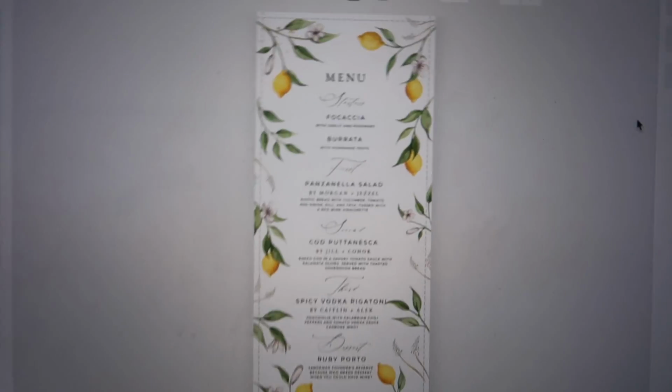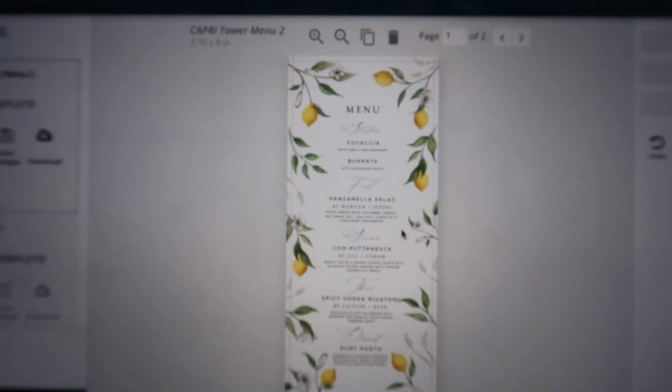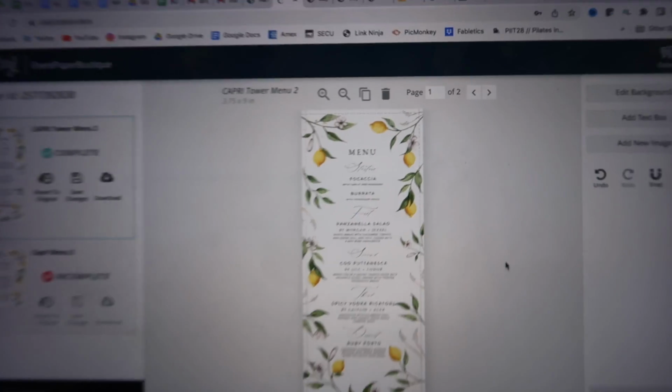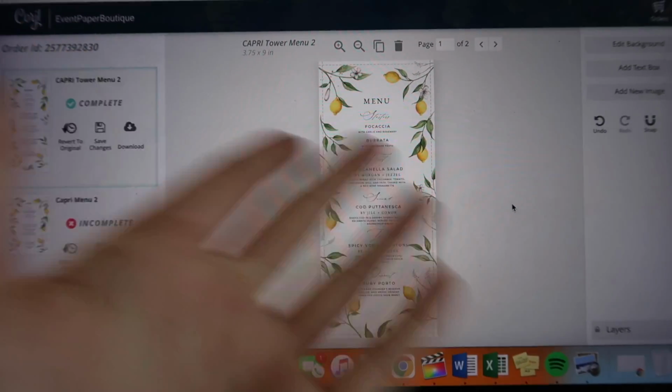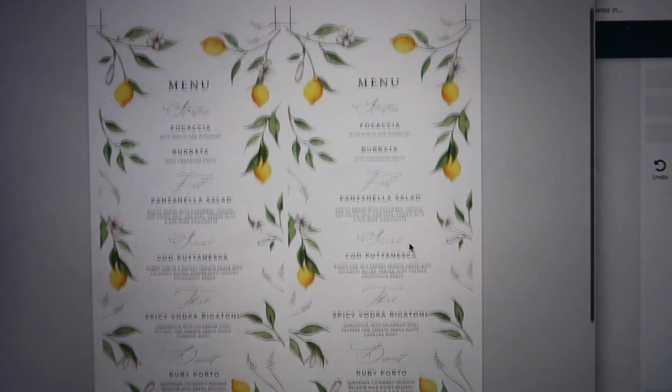All right, it is the day before and I've had everyone send me their little description of what they're gonna be cooking, and I made a menu. I always get my menu templates off Etsy, downloadable, and then you can just instantly make all the changes you want. I'm gonna print it on some cardstock, cut them off, and then have one of these at each person's plate setting. We also picked up another port because we liked the other one, didn't love it. So this one though,